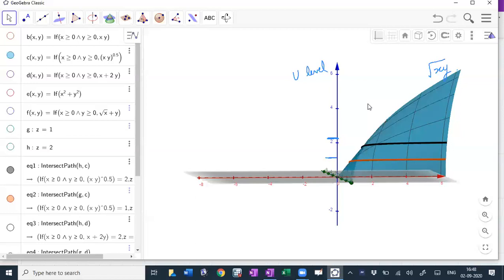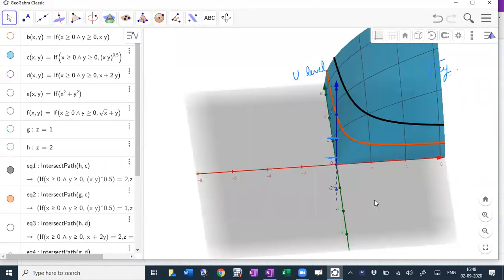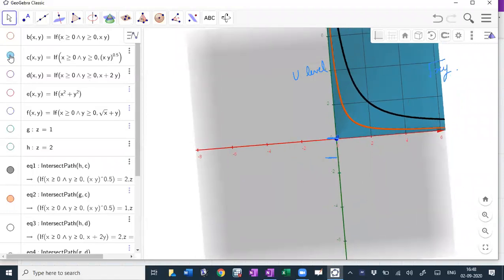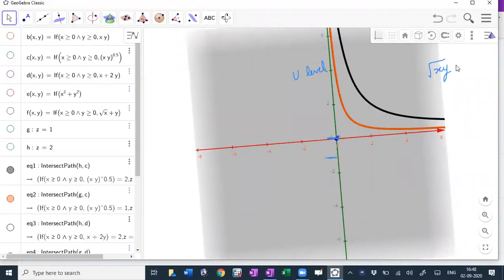Yeah, so I'm just going to change the function now. I'm going to take this intersection with a different function, and then you will be able to see that the shape of the indifference curve also changes. So right now what we have drawn, these C-shaped curves, are for my root xy. Okay, so these are the indifference curves for this one. Now if we change it, let me get rid of all this here.